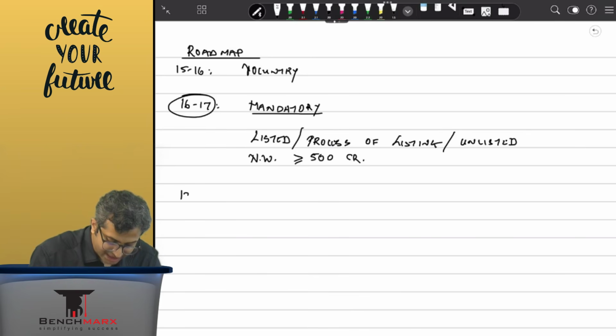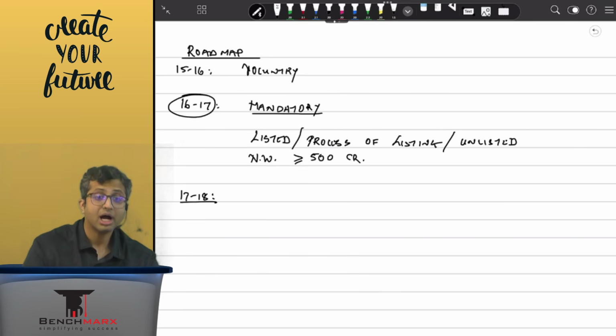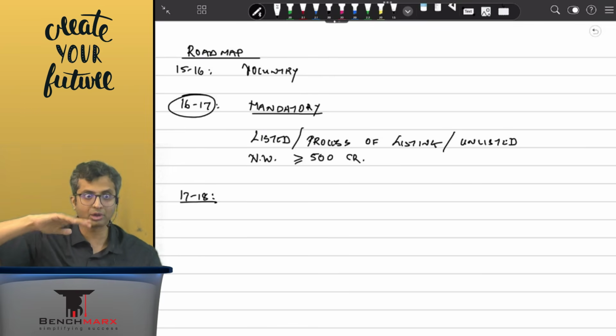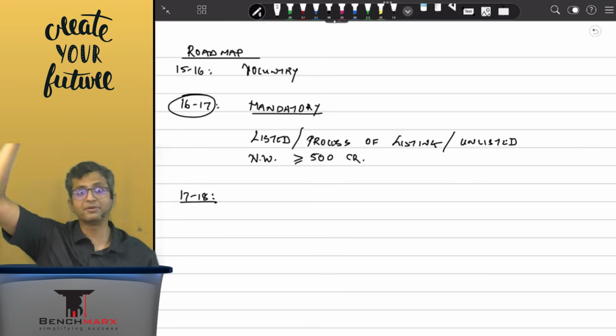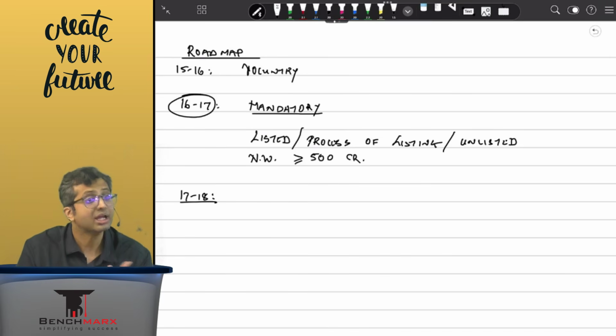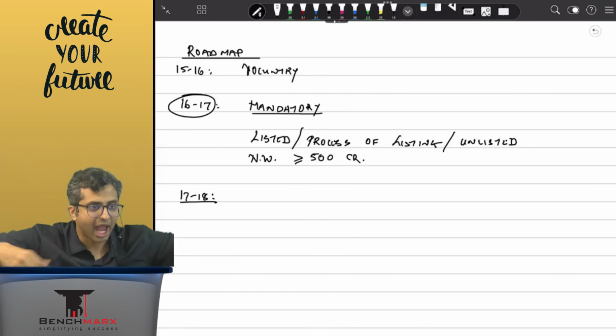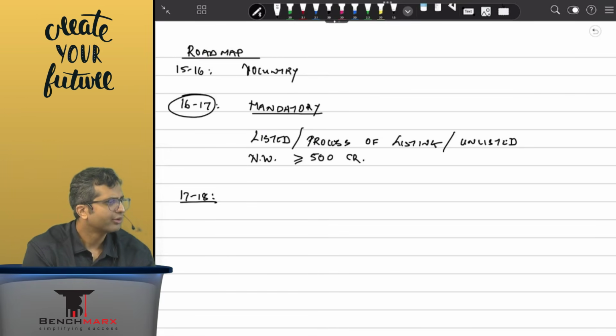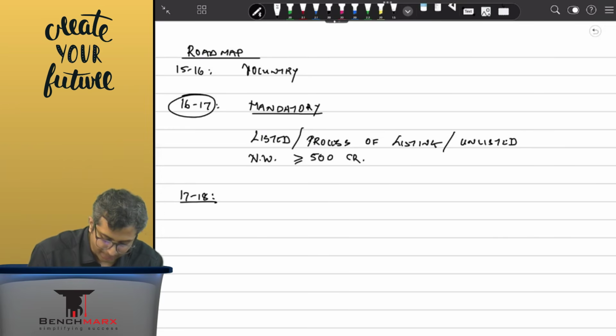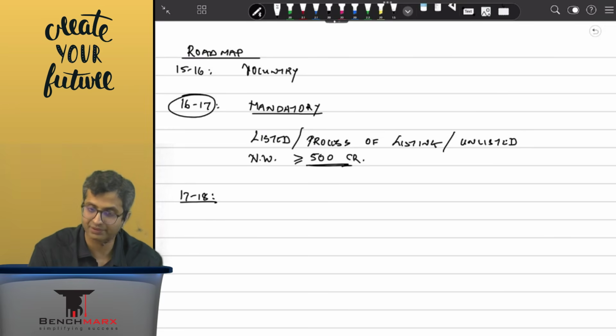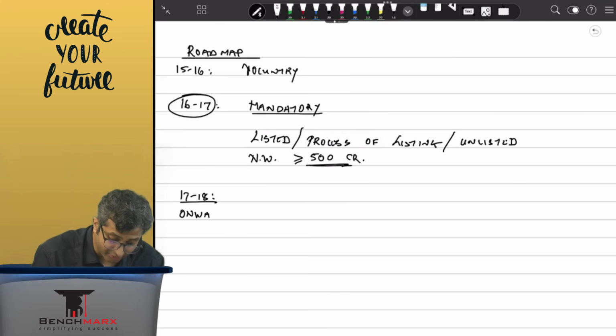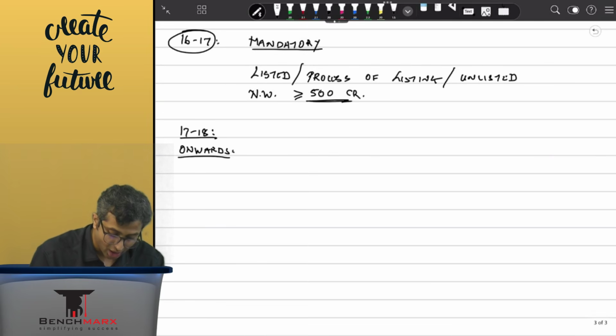Then you go to the year 1780. According to you, the limits will increase, that is, you go from 500 to let's say 750 or 1000, or limits will decrease. You will increase the net, and hence you will have to reduce the limit. So in the next phase, you will filter down. You will say, okay, these are the companies who have adopted Ind AS in the first phase. Now in the second year, 1718, the important word is onwards. 1718 onwards, all